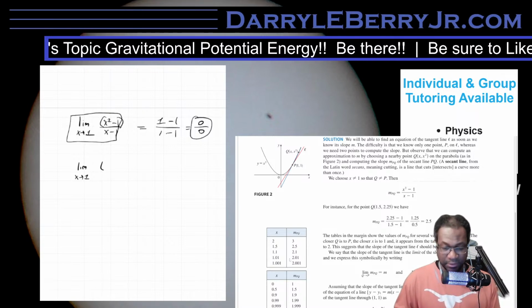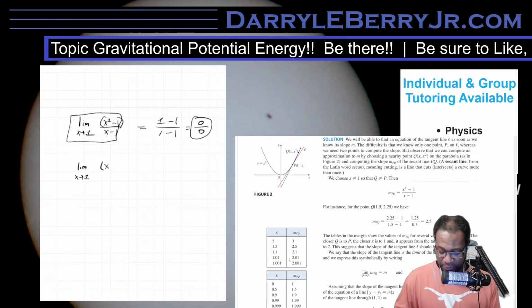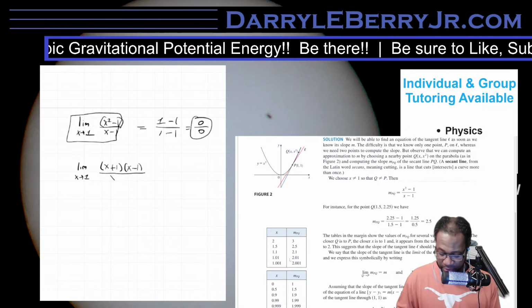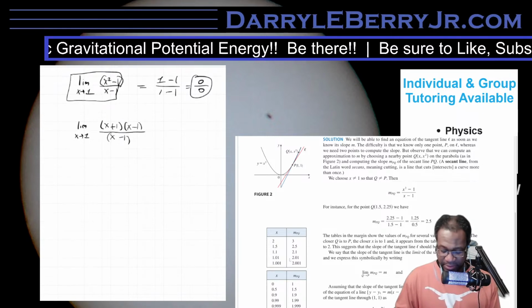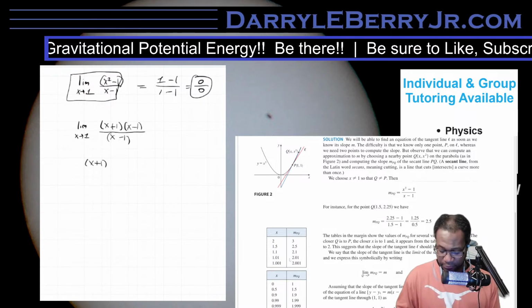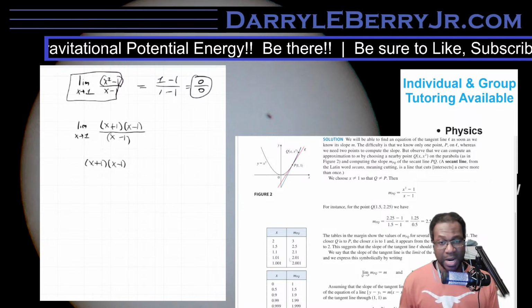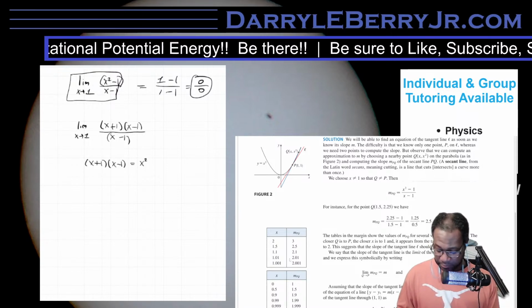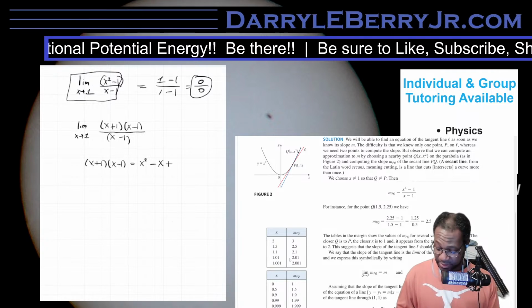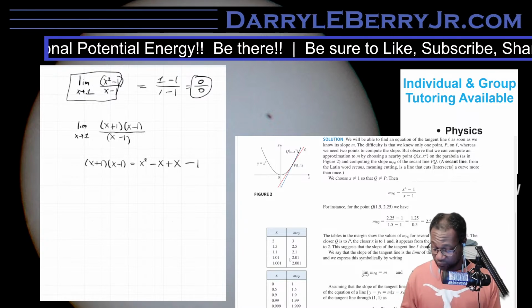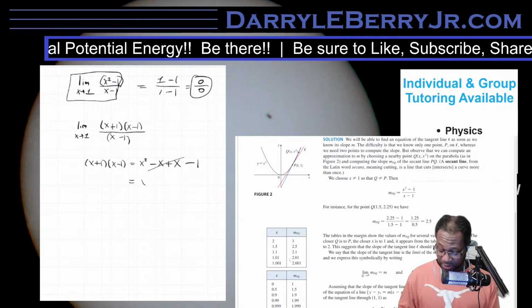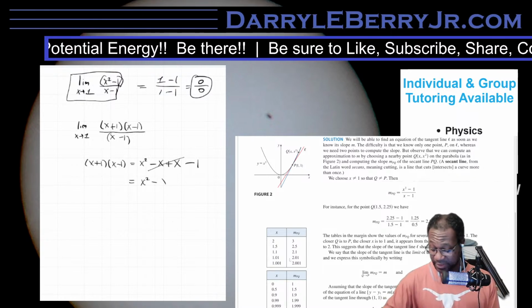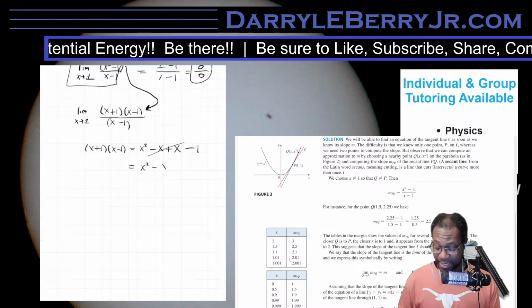So if I was to take the factorization of this, it would be x plus 1, x minus 1 over x minus 1. We can test that just by multiplying that together with FOIL, with the first, outer, inner, last. So the first would be x squared, the outer would be minus x, the inner would be plus x, and then the last will be negative 1. These cancel, and you see we do get back the x squared minus 1. So we see that this first line is actually that.